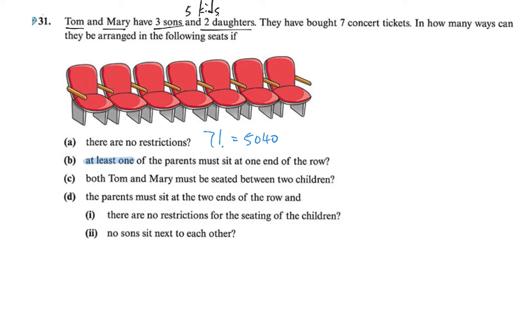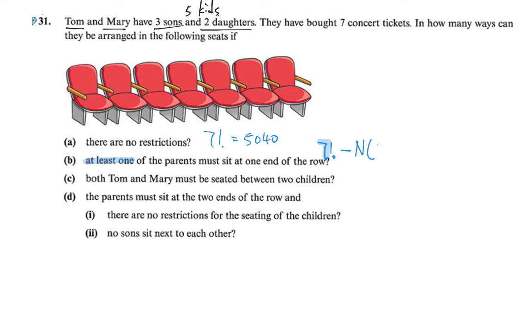At least one of the parents must sit at one end of the row. So you should transform the question into, the difficult part is to find the number of ways that none of the parents will sit at the two ends. What does that mean? All possible ways is 7 factorial minus the number of ways